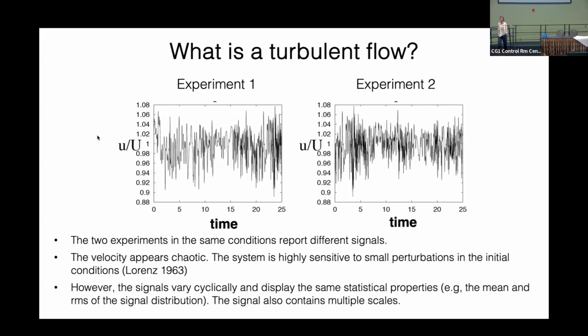So same statistical properties, the mean value, RMS. What else do you notice? Some already said, what do you say, like very noisy. So there are multiple scales. So this is the multi-scale nature I was saying before. By eye inspection, you can see that there are low frequency fluctuations, okay? And superposed to it, there are high frequency, short scale fluctuations, okay? So even if you started from a smooth larger scale flow, soon after you end up having energy distributed over multiple scales.